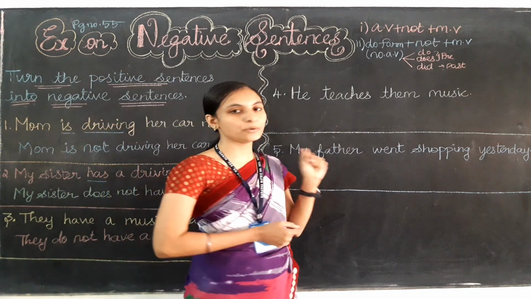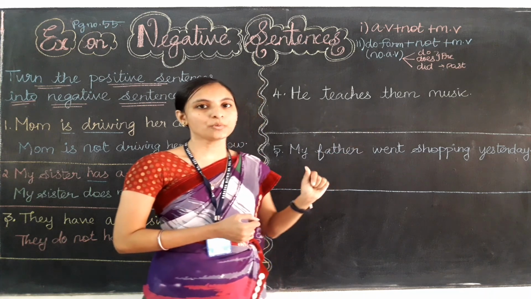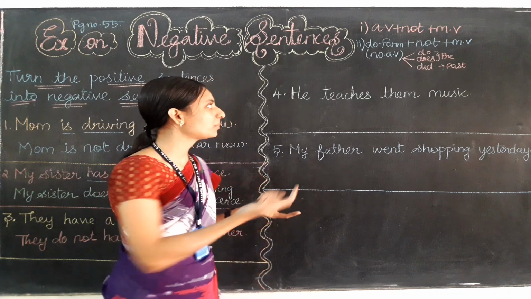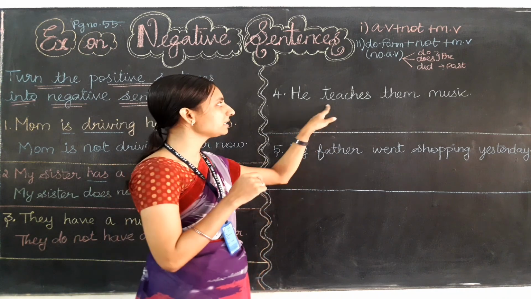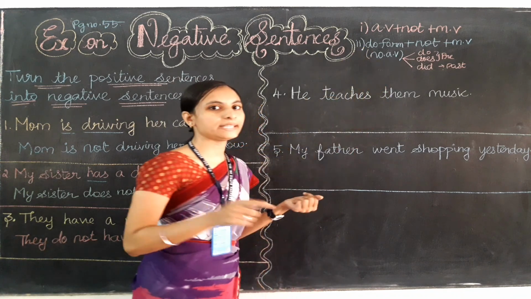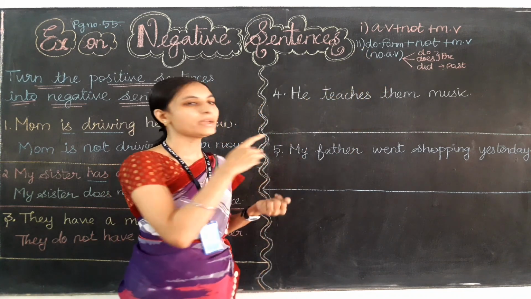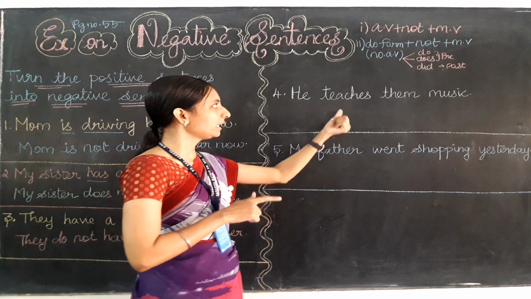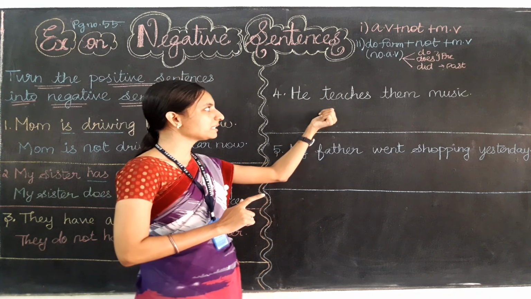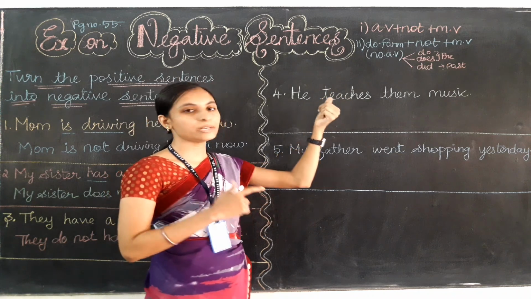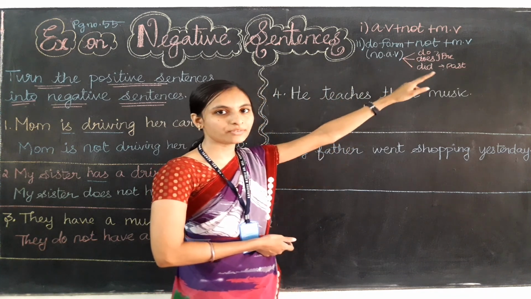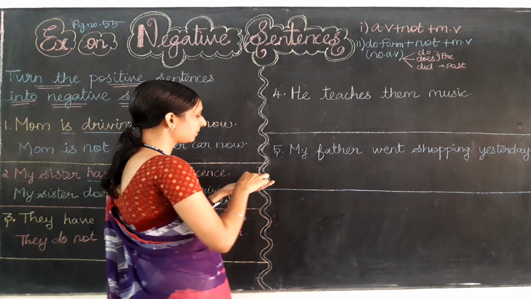He teaches them music. So here can you find any auxiliary verb? No auxiliary verb, but I can find only the main verb, that is teaches. So when we find no auxiliary verb, then we need to apply the second rule, that is do form plus not plus the main verb. Here teaches talks about the present time event, and for the present time the verb will be do or does only, and for the subject he we need to use does only. Then the answer will be